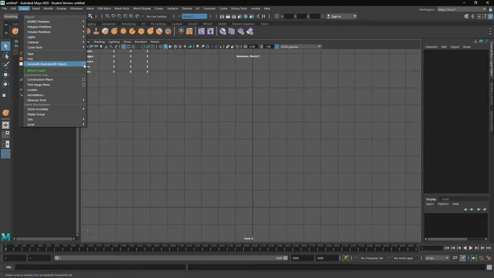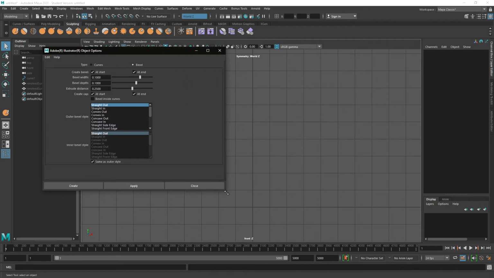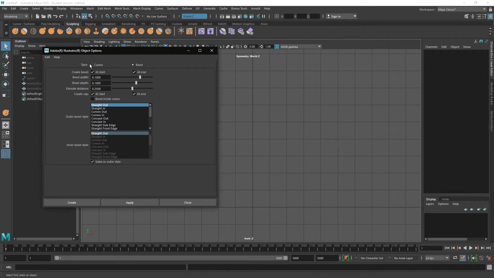And if we go options inside here, by default, it's actually beveled. If we just press curve, it just brings them in as curves like we did with the bottle, but we actually want to use the bevel function. So if we go bevel and create,